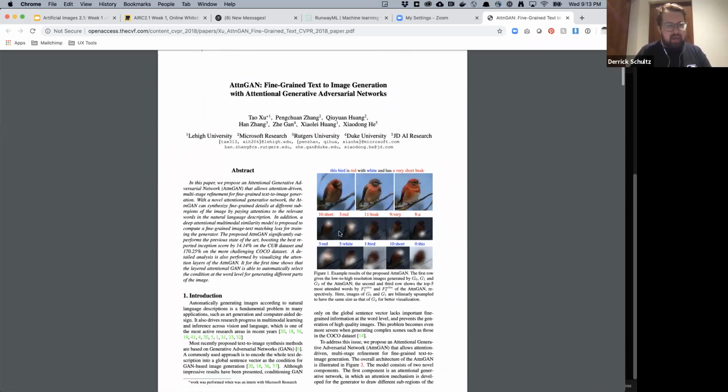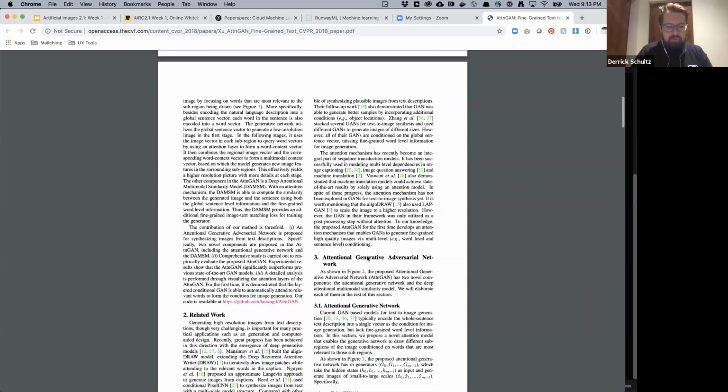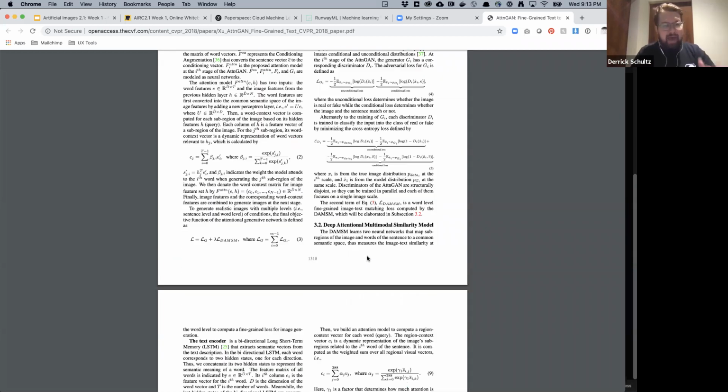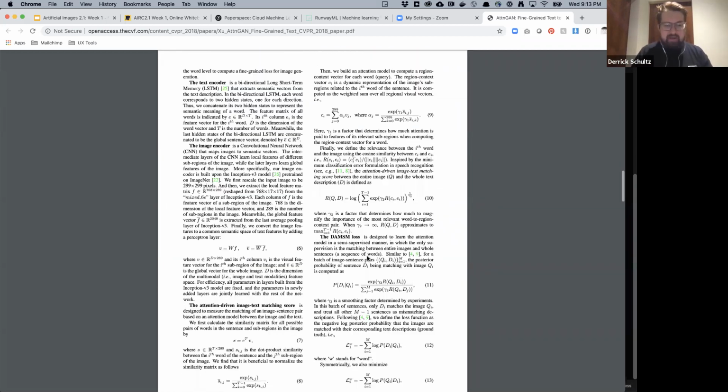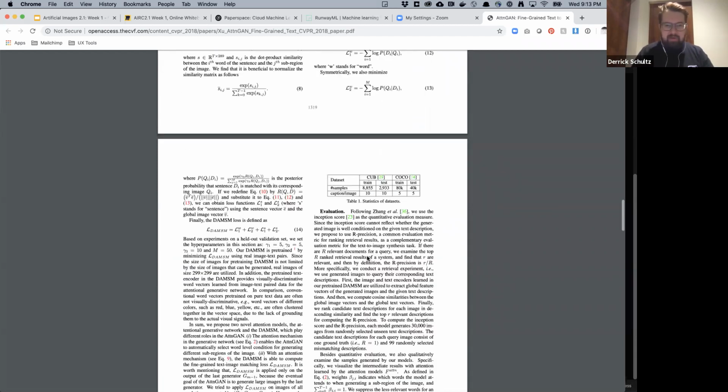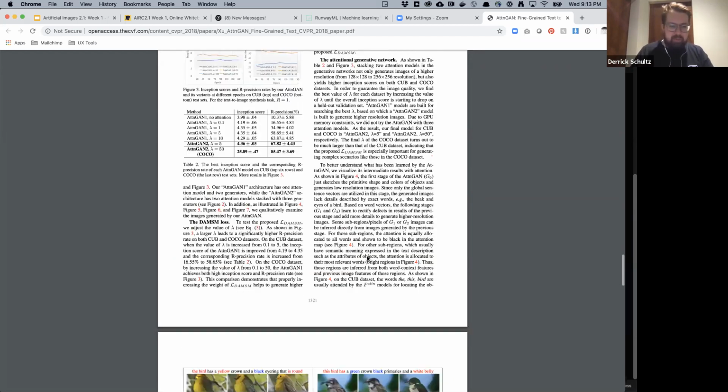And you'll see what it does is it's trained to look for certain words, right? So it looks for red, it looks for this bird, and it tries to train these things, pulling the image representations out. And of course, if you scroll through this paper, you'll see a lot of math, which we will not discuss at all in this class. I couldn't tell you what any of the math here means, but they also have a bunch of examples.